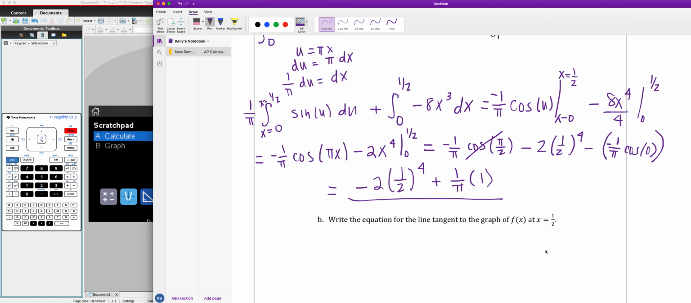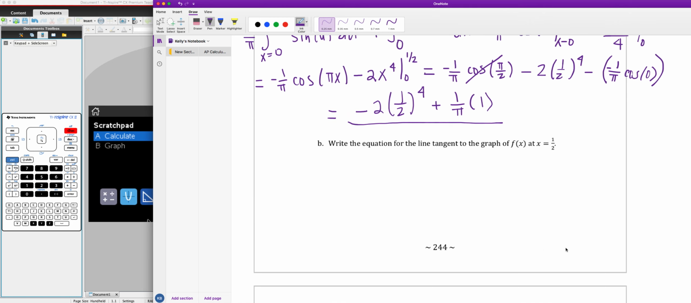Now part B is a little bit of a review problem here. It says write the equation for the line tangent to the graph of f of x at x equals 1/2. So I don't need to worry about g of x anymore. All I need is f of x. So for reference down here, why don't we add that back to our paper since we can't see it from the top right now. So f of x was equal to the 8x cubed,